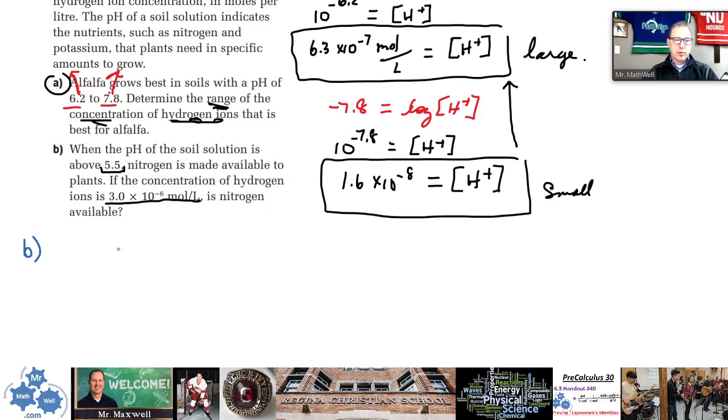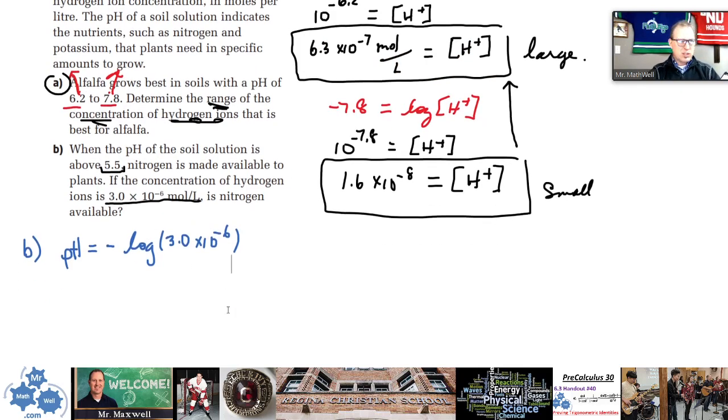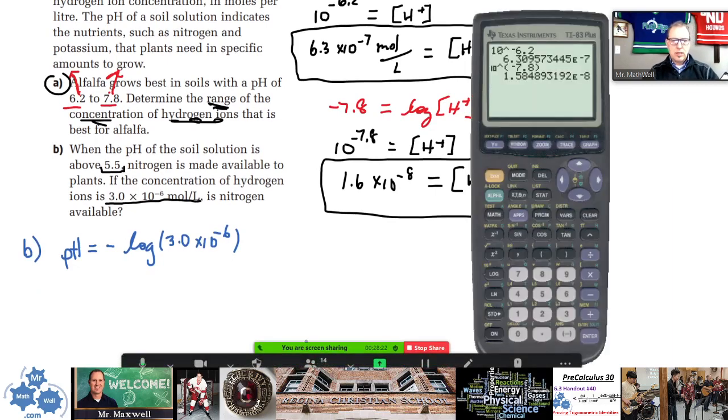This is super easy. So what we do is we don't know what the pH is, and yes, that's a small p and a large H. That's how that's written. And we'll go negative logarithm of, and it's not a concentration, it's just a number, so you can use round brackets here, but 3.0 times 10 to the negative 6. Okay, does that make sense? Does that follow? pH equals the negative log of the concentration, so whatever that number is. Okay, all right. So this one should be pretty straightforward because all you do is you just plug in the